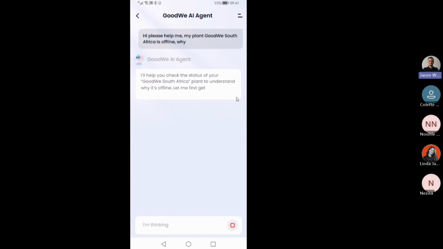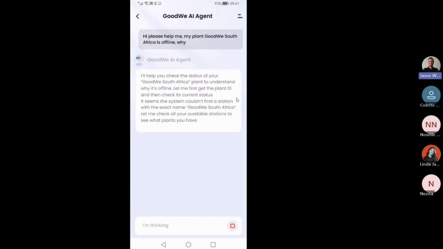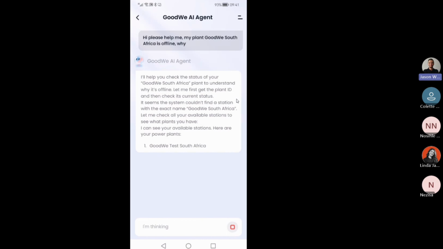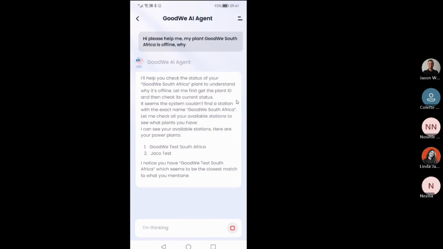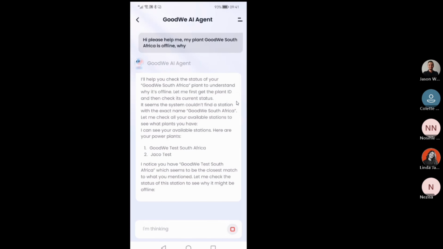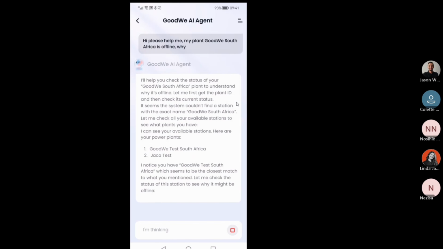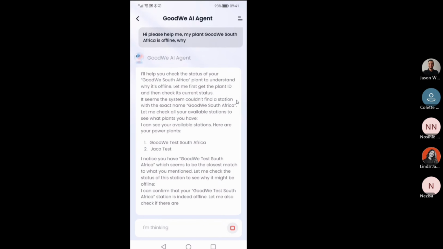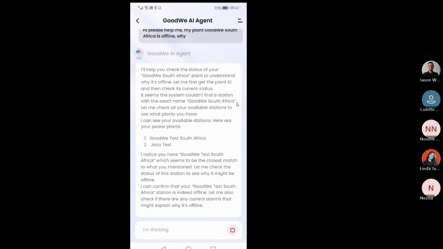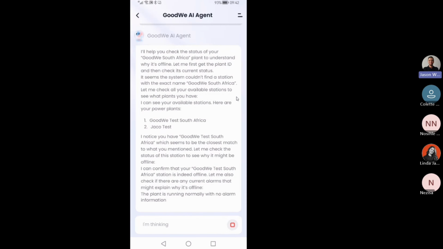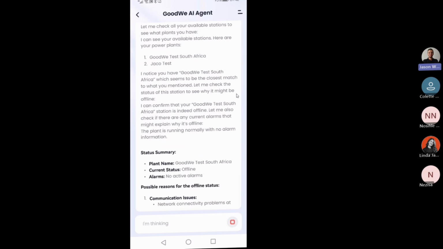And it will start searching for you. First it will make sure that you've got the correct plant. I spelled the plant incorrectly, or named the plant incorrectly, so it will look through all my plants and find the best one. You'll see that out of the two plants, it's picked up that GoodWe Test South Africa is probably the one